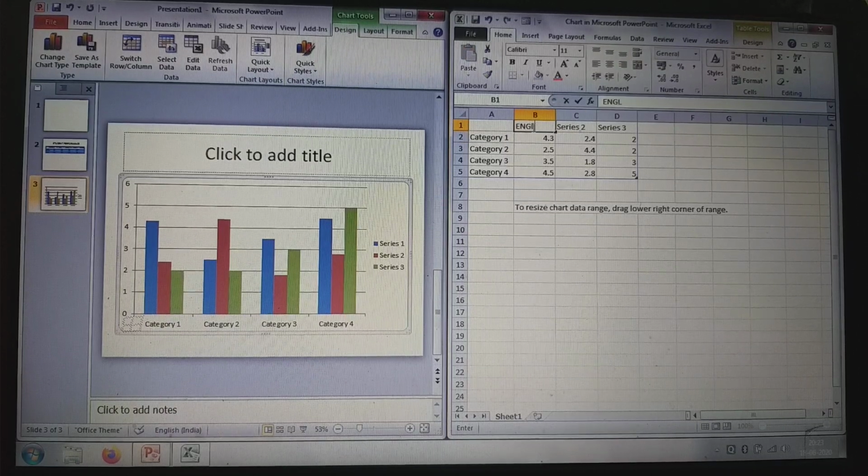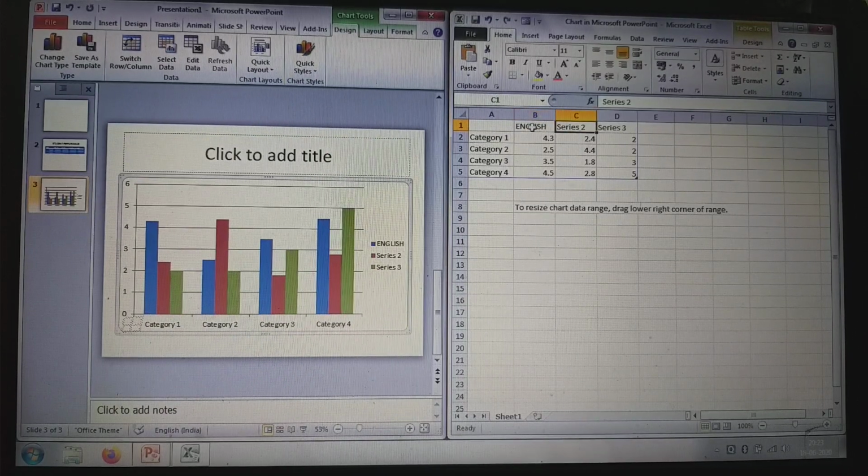You enter here subjects, English, maths, science. Here you enter the name of students.